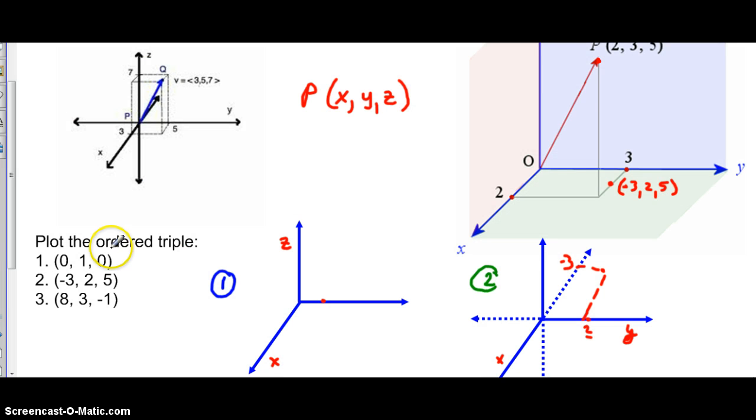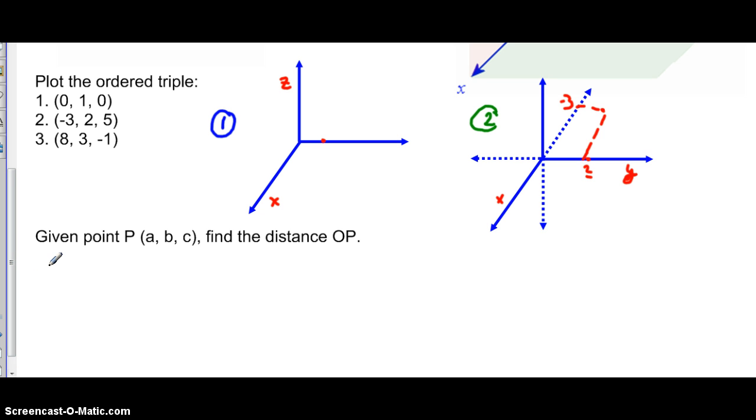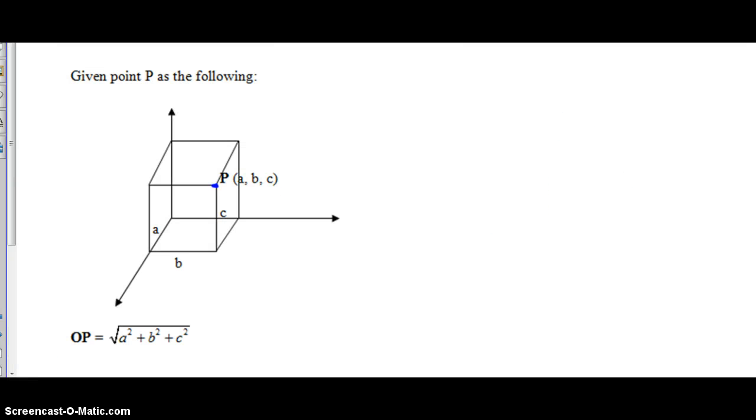All right, here's where a lot of your writing is going to come in handy. So on your page, hopefully you print it out. If not, I recommend you pause the video and get these items written down on your page before you listen to the discussion. Okay, so to find the distance for any vector, we're going to use something very